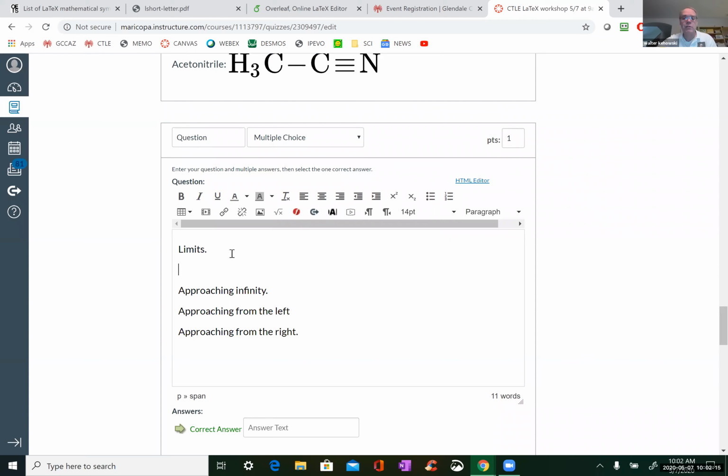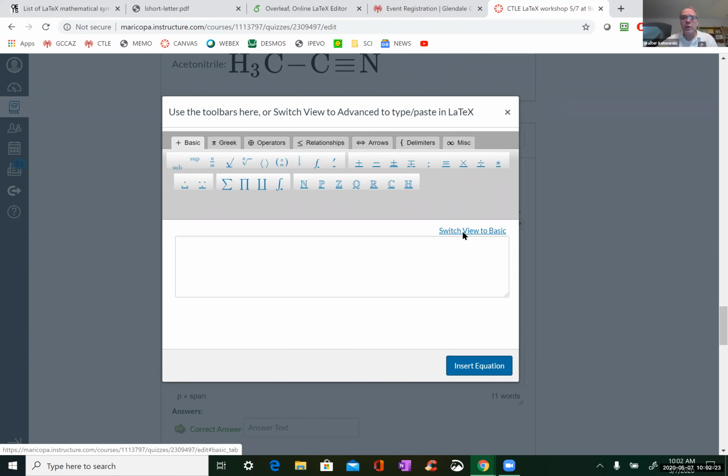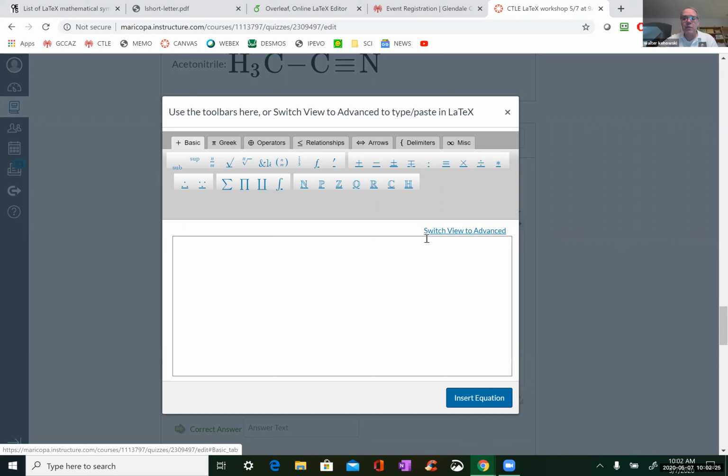Sure, sure. So Walter, we have to be in that advanced view in order to be able to make the equations? Well, if you do it in basic, what basic is basically going to do is you click up here like this. Okay. And then you would do 5 and then 4 and things like that.